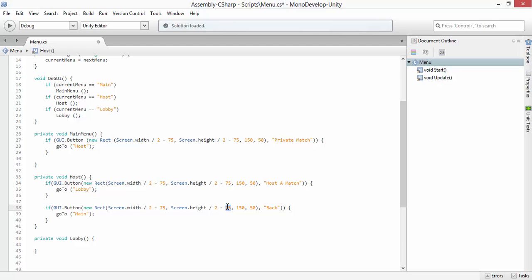So let's go 45. Now let's go 30. Let's make this 25. 25. And let's actually make this 45. Alright, now if we go into the lobby,